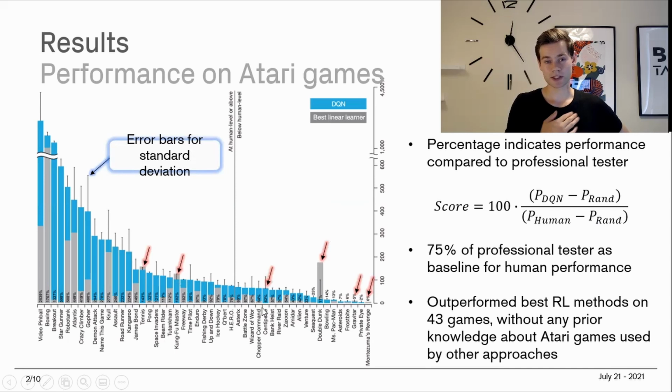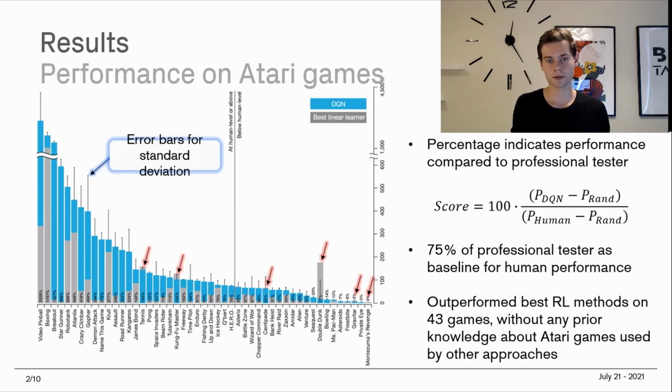As we said earlier, 75% of the professional tester score represents the human level. And if we look here, there's a separated line that basically says that everything to the left of this line exceeds 75%. So this is where DQN performs better than, or at least comparable to, a human player. And this is below the human level, basically. So we see that